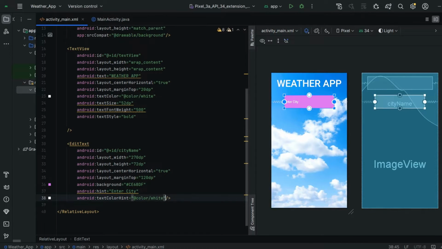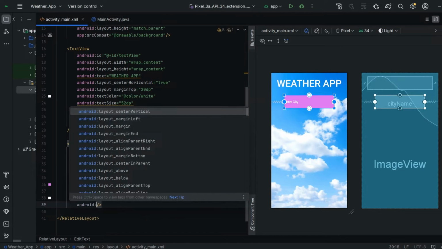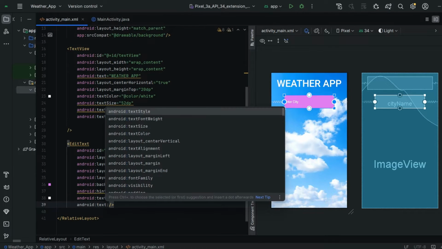Next I'm going to give the text color also white. Guys, here textColorHint means we are giving color for this hint, Enter City, and now I am going to give the color for the text, meaning whatever city we are going to enter there, that color we are giving here. Text color as android:textColor.